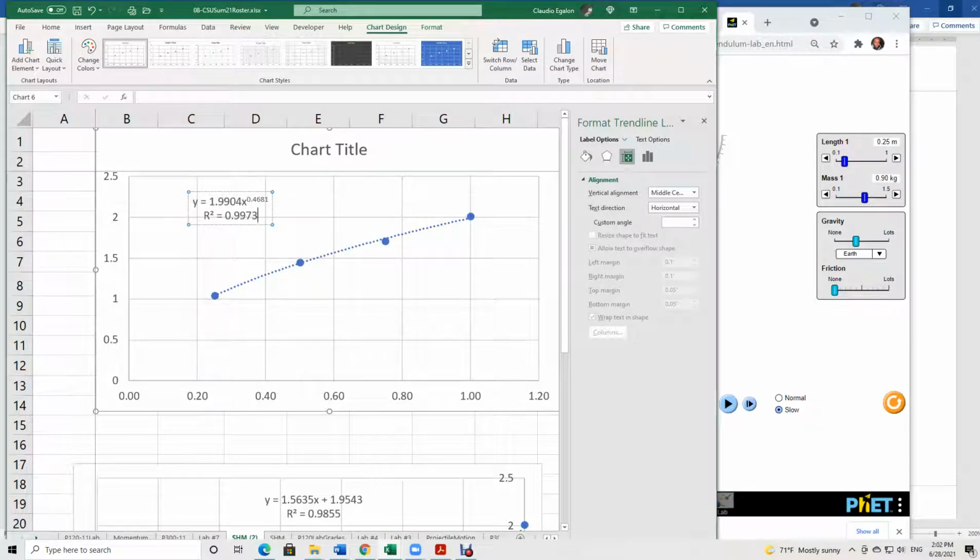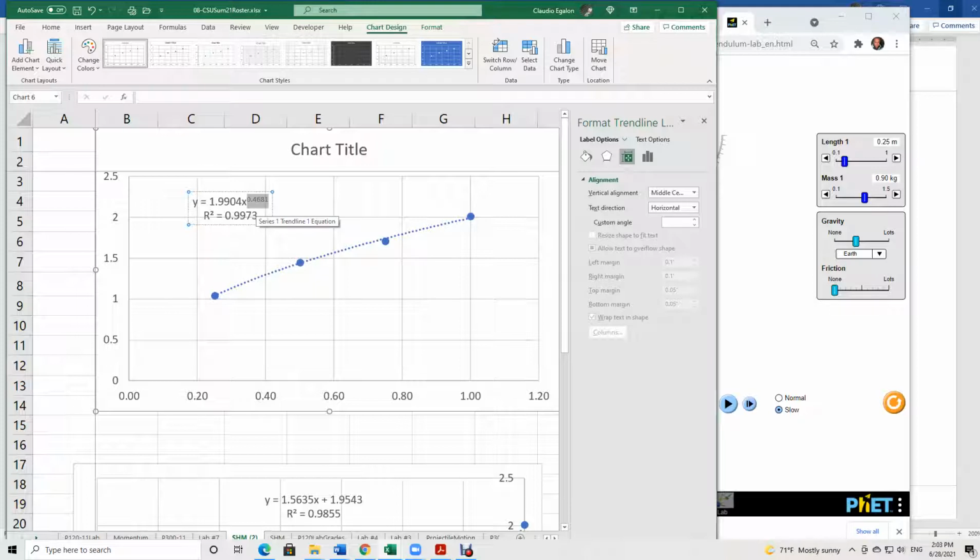Square root is 0.5, right? Y is the period, X is the length of the pendulum, and this power that you see here is close to 0.5. There is a less than 10% difference between this power that we got experimentally and what you expect the number to be, as being half. Okay, 0.5 and 0.468